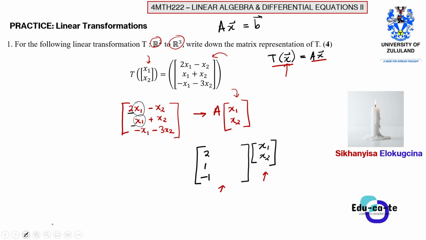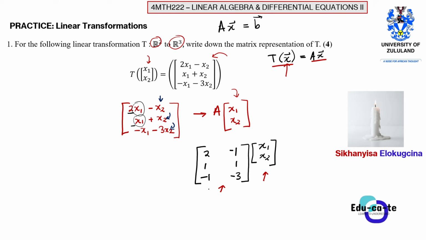We also have x2 as well. So x2 is this one. This is negative 1 x2. This is positive 1 x2. This is negative 3 x2. So I'm just going to write these as the coefficients of x2. The first one in the first row is negative 1 x2. The next one is positive 1 x2. I won't write the positive per se, but this is going to be positive 1 x2, and then the third one is negative 3 x2. So you are done just by doing this.